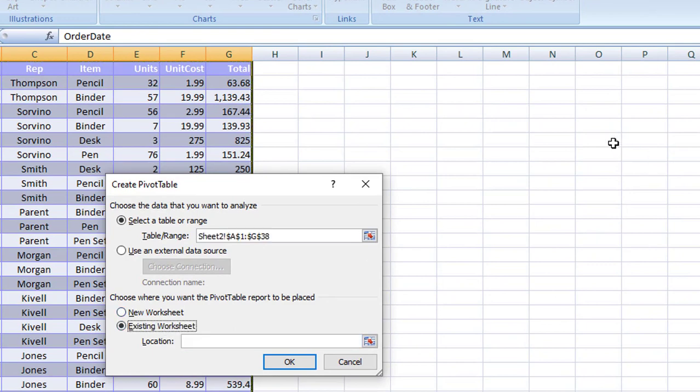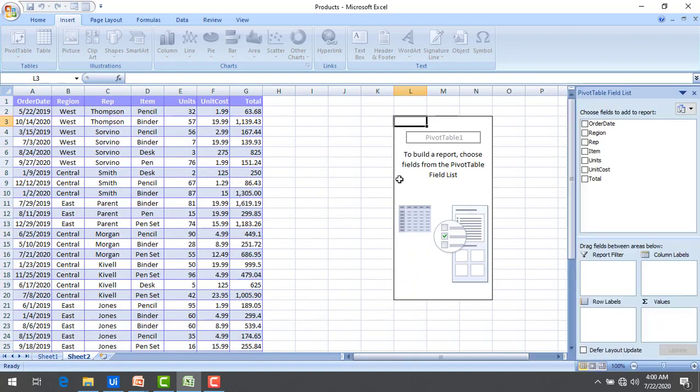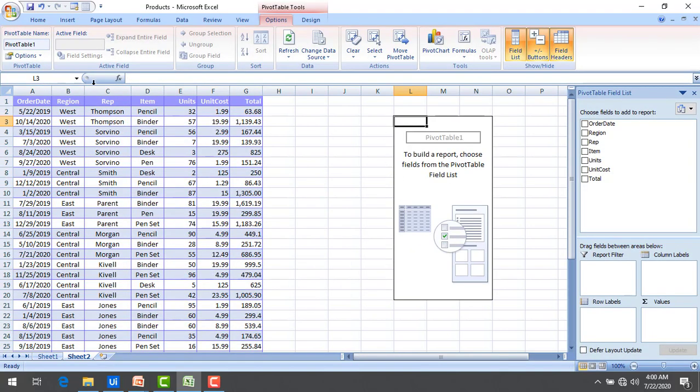Now I'm going to select it and then click somewhere where I want to create this pivot table. Let me show you that. I'm going to select somewhere, and then automatically you can see L3 being selected over here, and then clicking on OK. Now this is the pivot table, with the name over here,